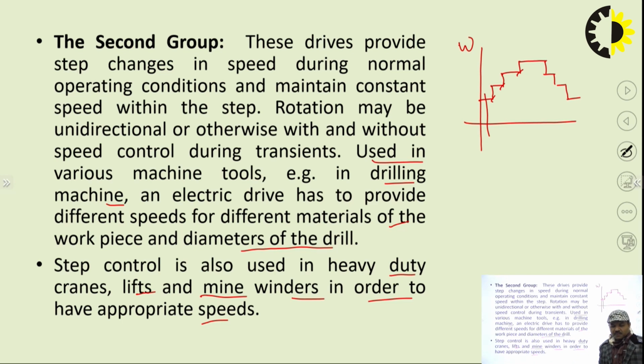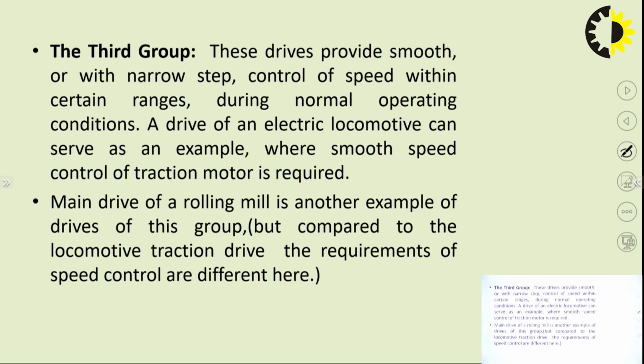So the speed of the lift will be higher when we are going from the ground floor to the 13th floor, because if the same speed is maintained as for the 3rd floor, it will take a lot of time. So depending upon the destination, the speed will also vary. Later on we will see the example of the lift.